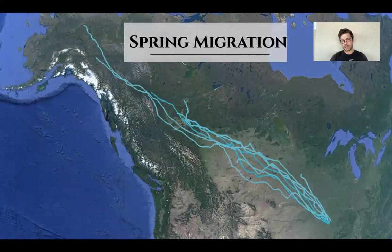So what we're learning, at this point in time not all the birds have come back into cell service. So these are essentially preliminary data. However, we have good spring migration routes for a number of birds. So these track lines represent all the taxa that I showed you above and full tracks for a number of